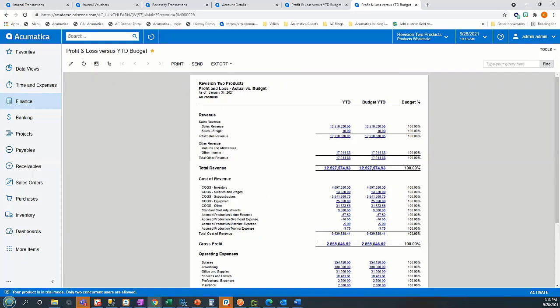Acumatica is using their own financial report writer. We are not using an external application like GP is with Management Reporter. Management Reporter, for those of you who don't know, is actually a separate database. So there's a synchronization process that occurs between GP and Management Reporter, synchronizing those transactions back and forth, which is